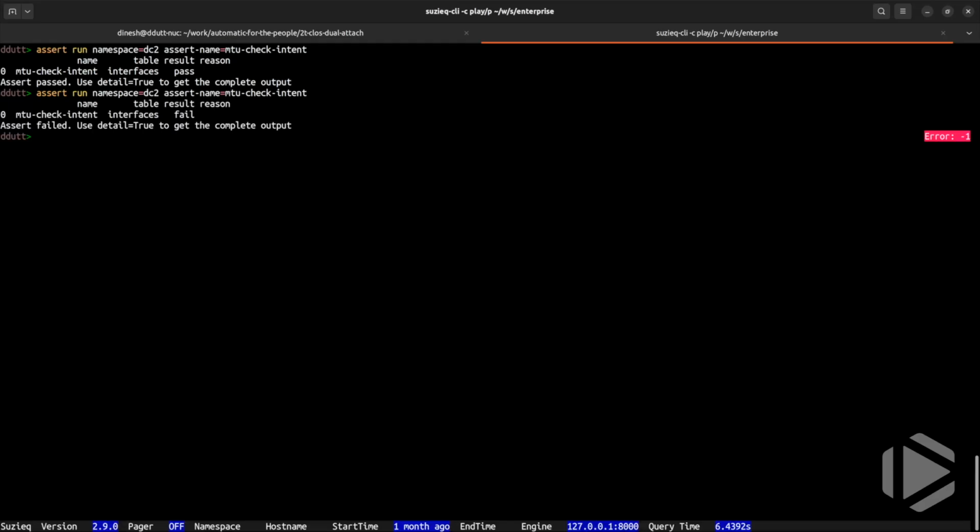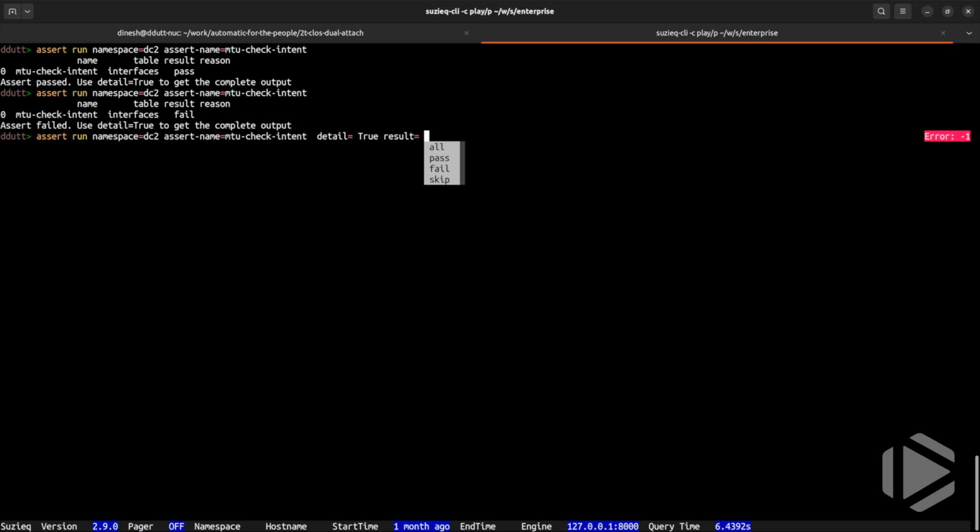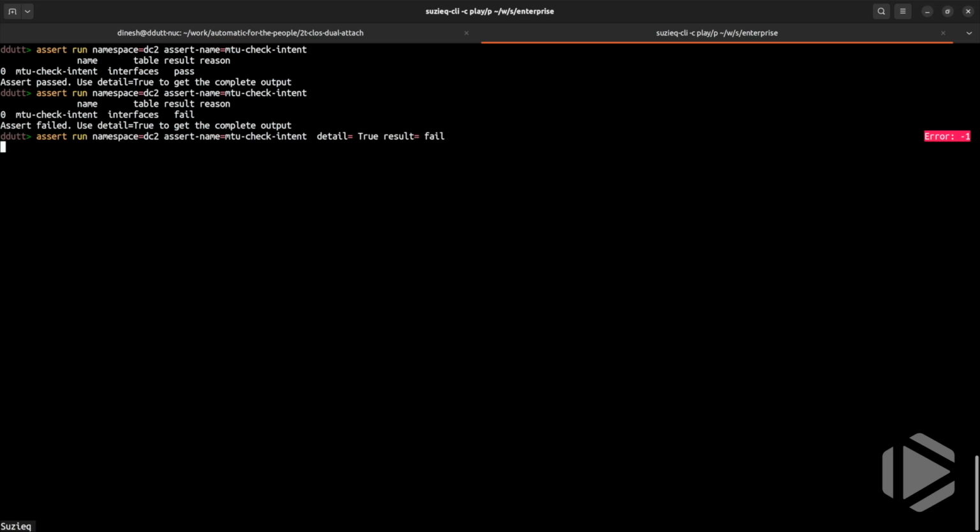There, it failed. And then you can say, okay, I'm glad it failed, but what the heck failed? I don't know what failed. So what you can do is you can say detail equals true. And as you can see, everything has completion, so you don't have to know what to do. Everything has completion. And then you can say, I only want to see the results of what failed. And when you hit that, you will see the output show up as